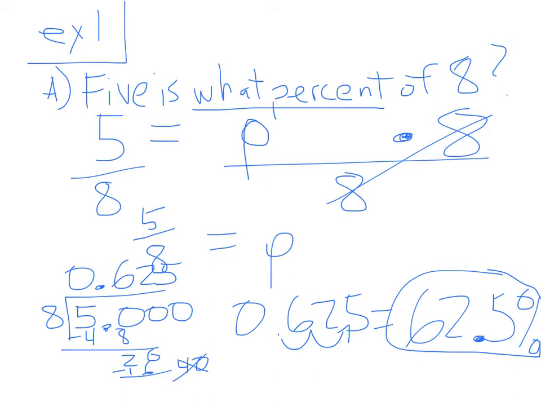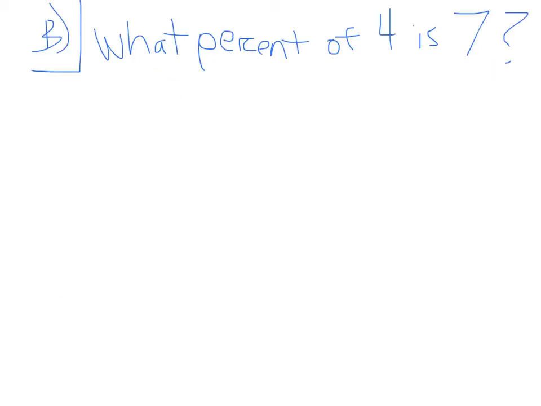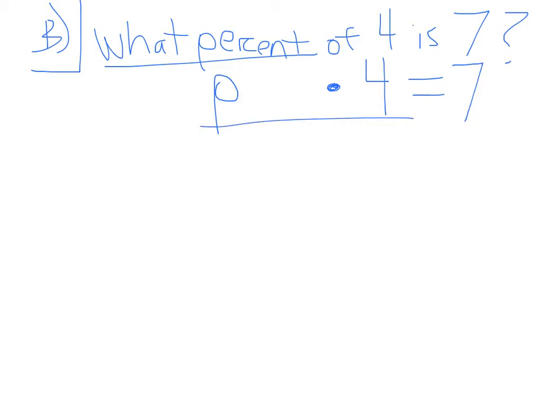Let's try B. This sentence says, what percent of 4 is 7? I know you guys are probably looking at these and thinking I can do my own way, and that's fine, but I think this gives it to you in order. So read it and write the equation at the same time. What percent? I would put a P. Of is times. 4 is 4. Is equals. 7 is 7. Again, this is asking for the percent, so we solve for P. That means to divide by 4. So P equals 7/4,